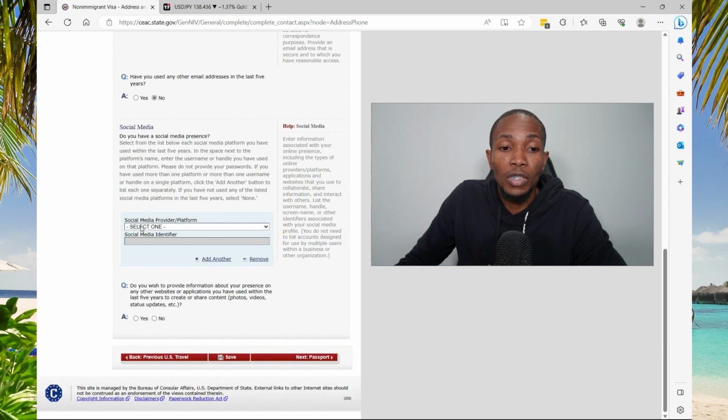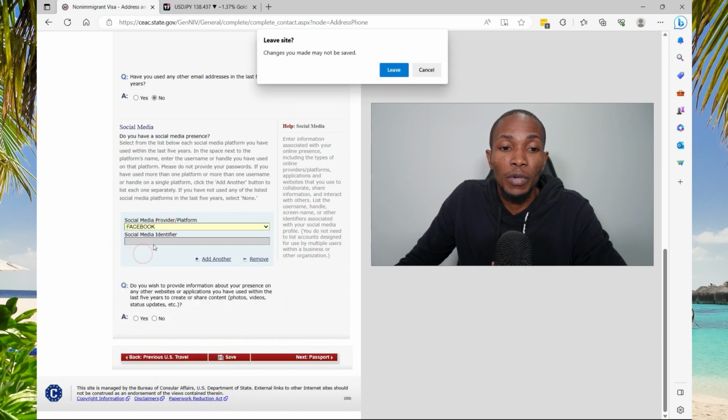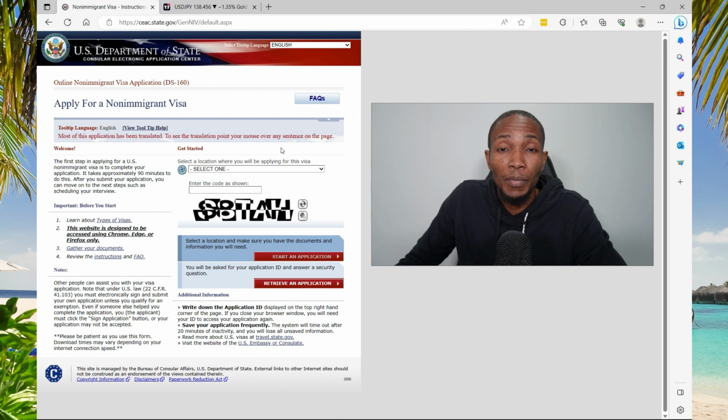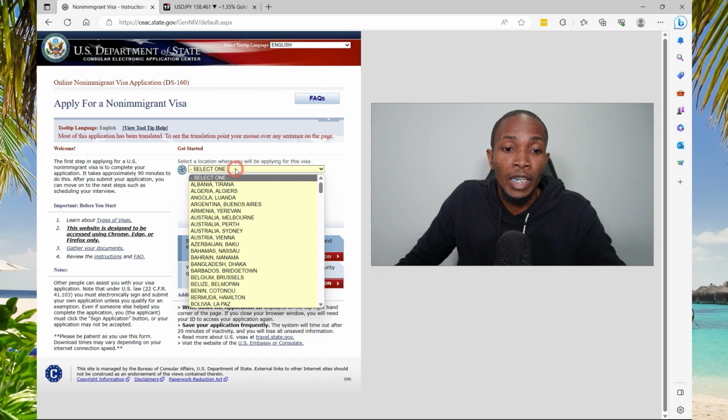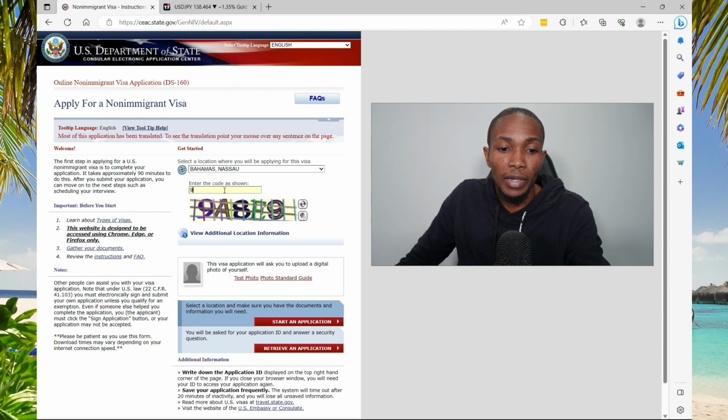Do you use any social media platforms? If yes, select the ones that you do. So I'm just going to say Facebook here. So I just got kicked out of the application and this is why it's very important that you store your application ID. So to re-log in, I'm going to select Bahamas, enter the code shown on the screen, and then